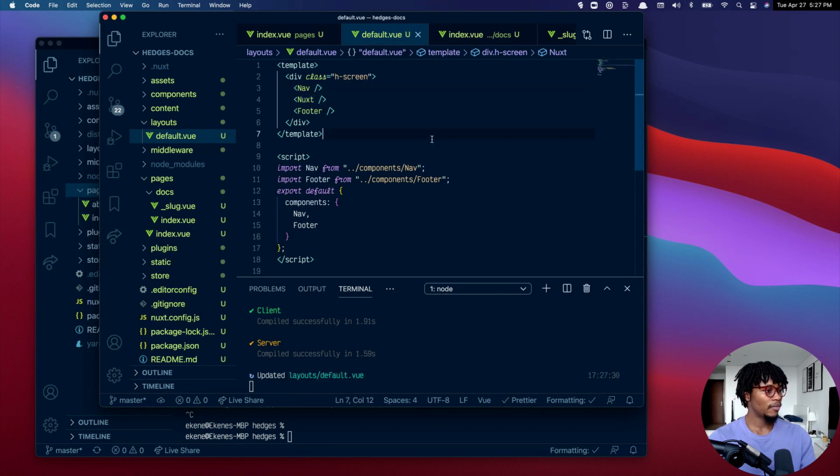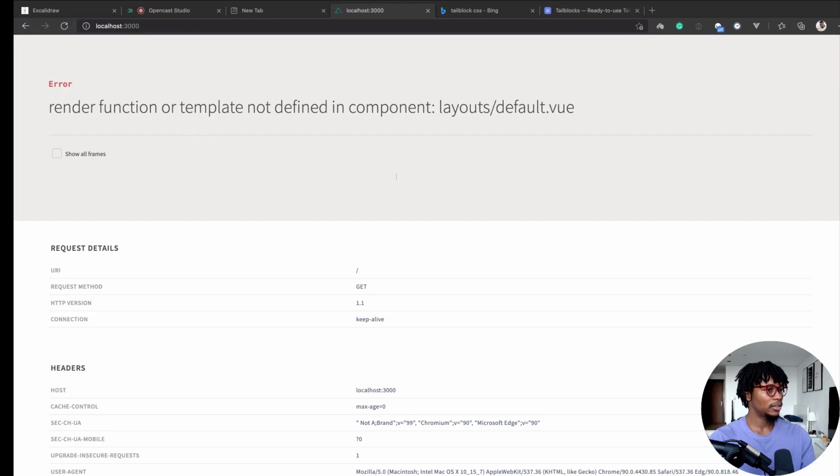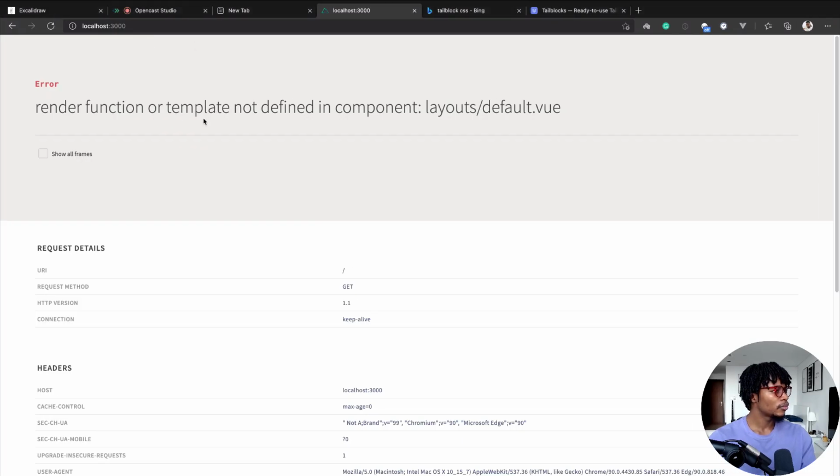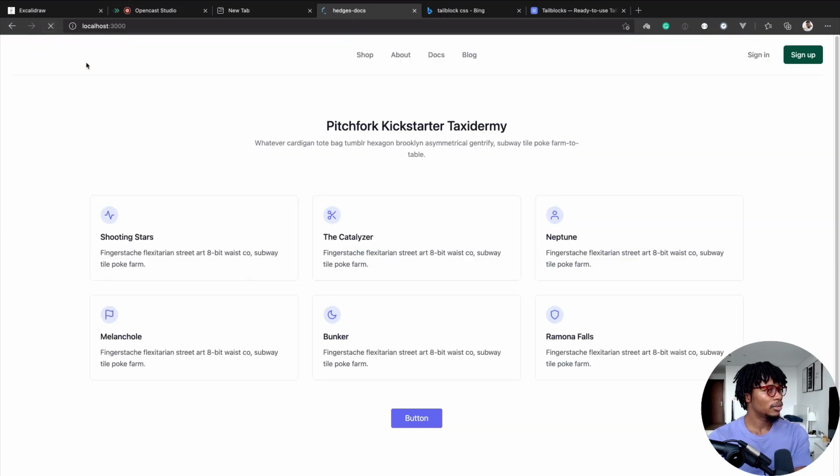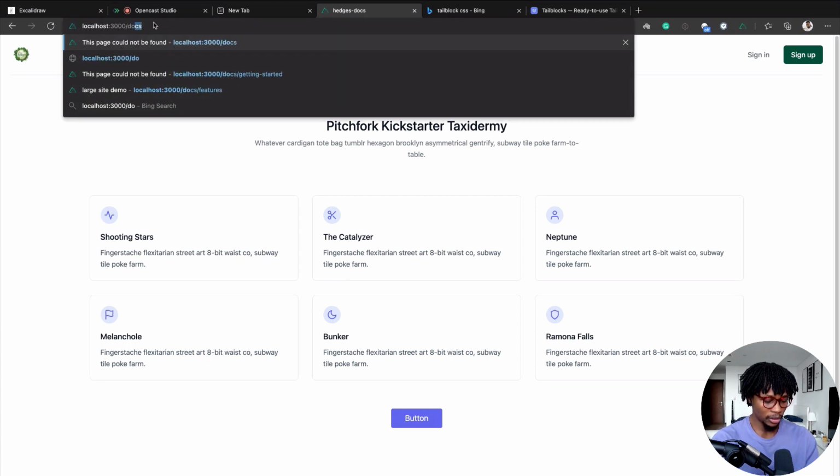Cool. So if I save that, what else do I need to do? Hopefully that fixes it. So let me come back. Render function or template not defined in layouts default.vue. Really? I'm going to do this again. There you go. I knew it was defined. Cool. So if I go to /docs,